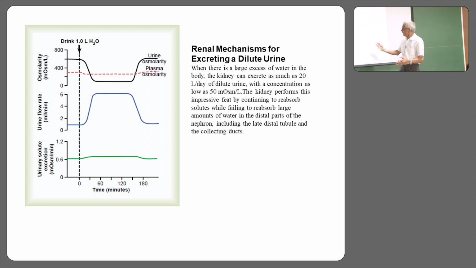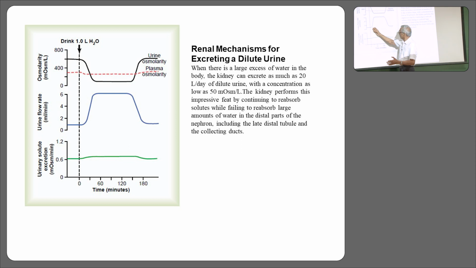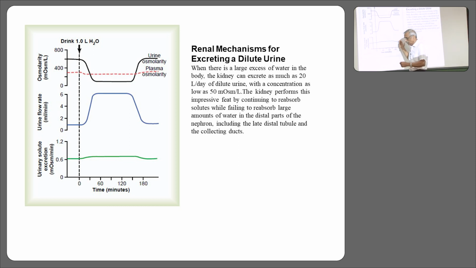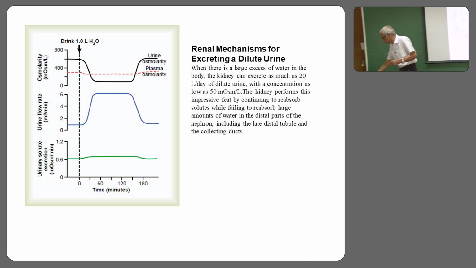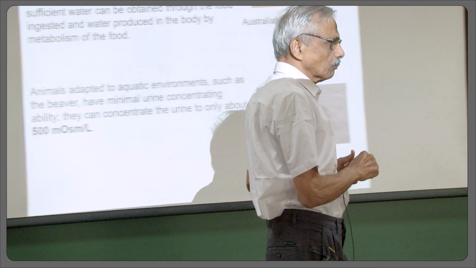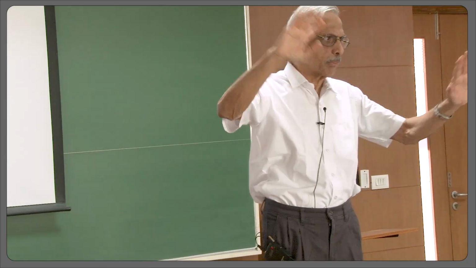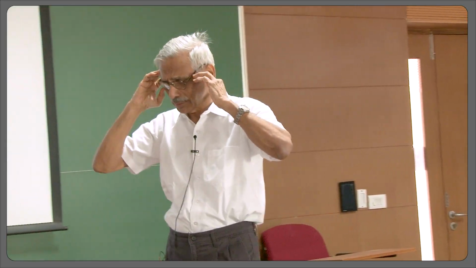Okay. Then what is happening to the urine volume? Not at all surprising, urine volume has gone up certainly, lot of it for that period, and then this is what urinary solute excretion, that has also gone up. Okay. Now we have two animals in front of us, extreme animals, both mammals. You see, you know what has happened is,